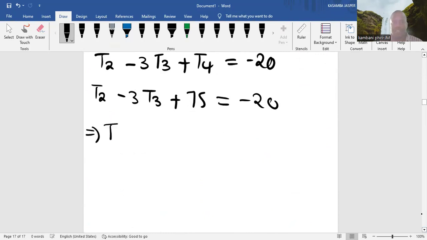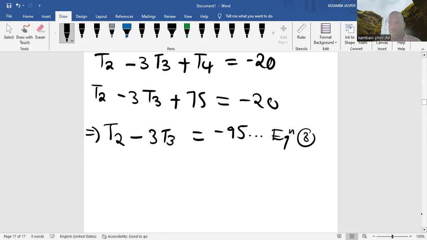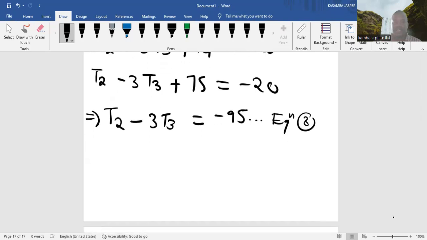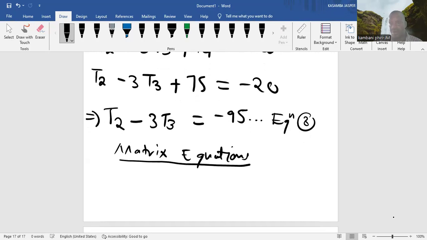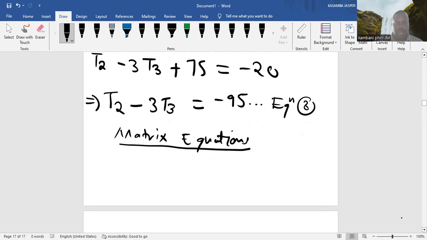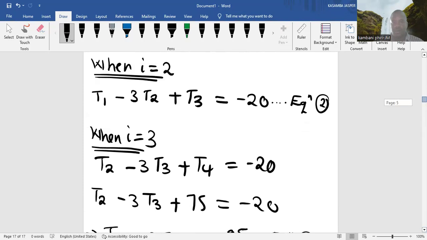Therefore, T2 minus 3 T3 is equal to negative 95. And this is our equation 3. So now we can rewrite these equations in terms of matrix equations. Then we'll be able to solve them. So from our first equation,